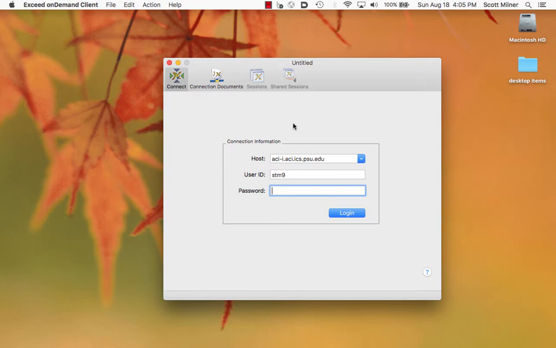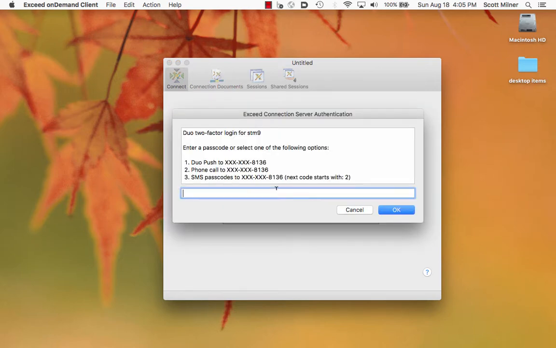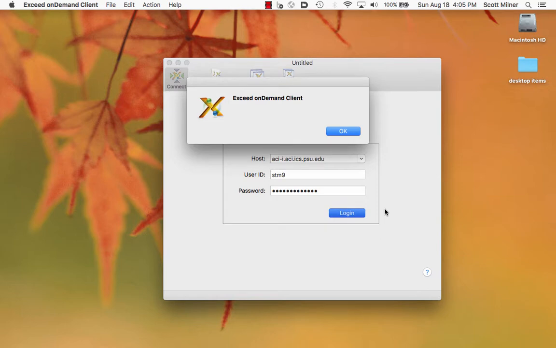Launching the client, you're presented with a screen in which you enter the name of the host you want to log on to, which in this case is the ACI interactive host, aci-i.aci.ics.psu.edu. You put in your user ID, you type your password. And then the system prompts you for a two-factor authentication, the simplest of which is to use the push to your phone. Once you respond to that push,